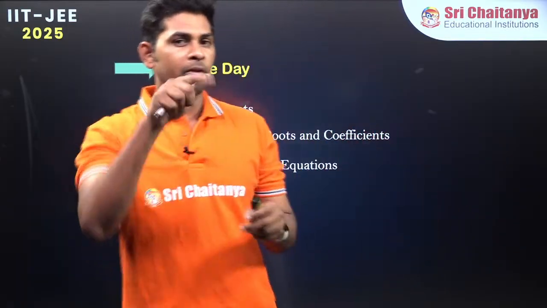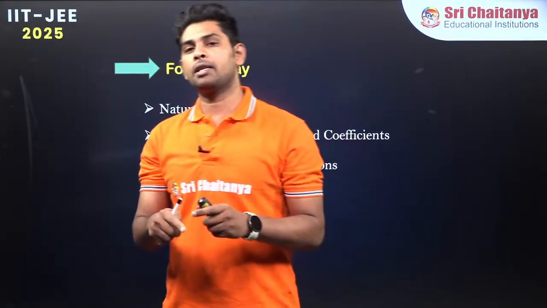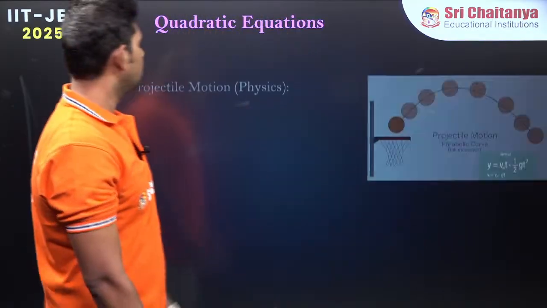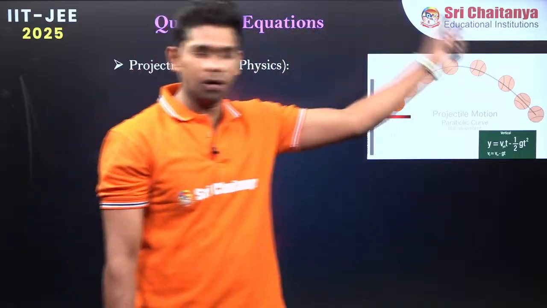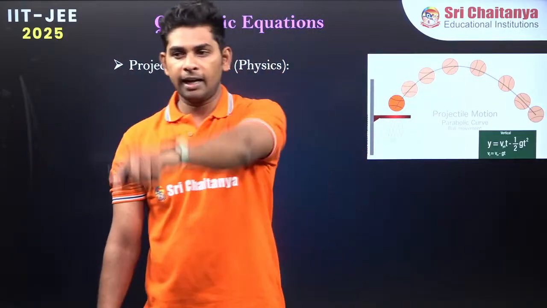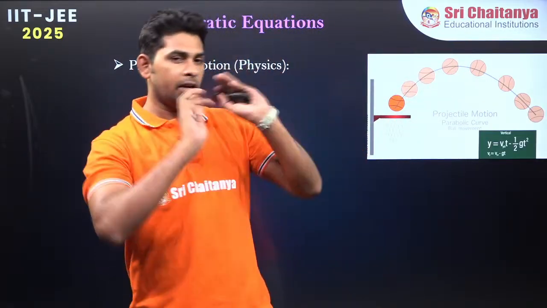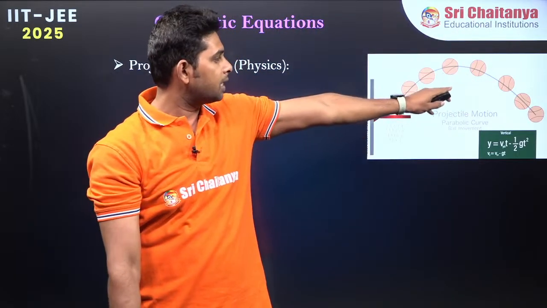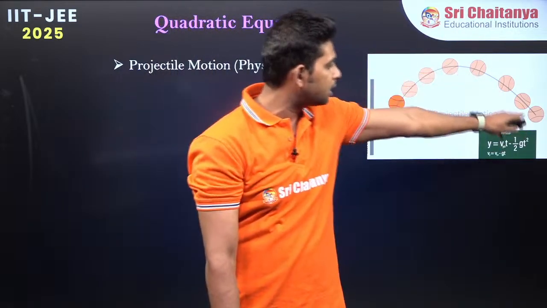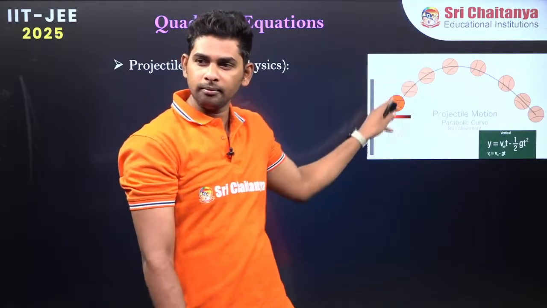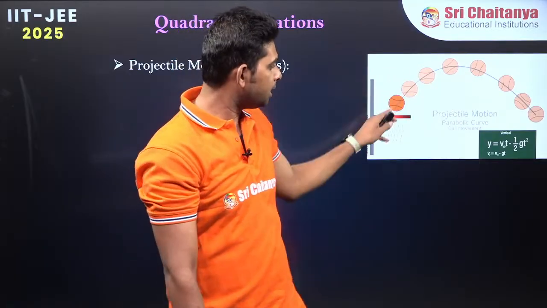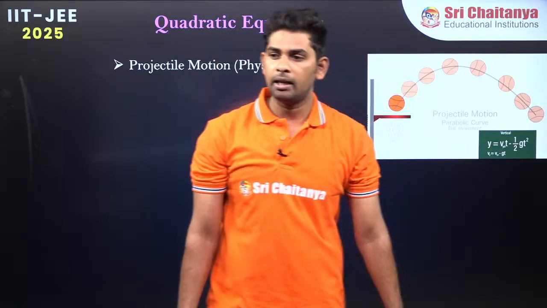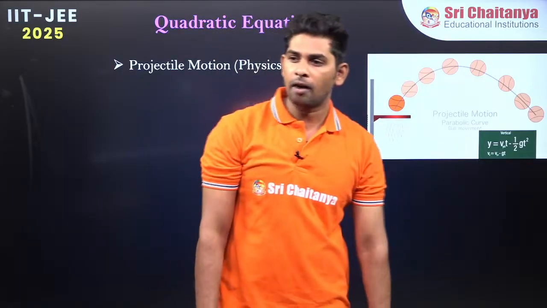Let's get into that. Before that, I am going to show you how quadratic equations are useful in real life. See here, the very first one is, how many of you like basketball? Please write in the chat box. When you throw a basketball into the goalpost, the motion is a parabola. Isn't it a parabola here? That parabola equation is y equals v naught t minus half g t square